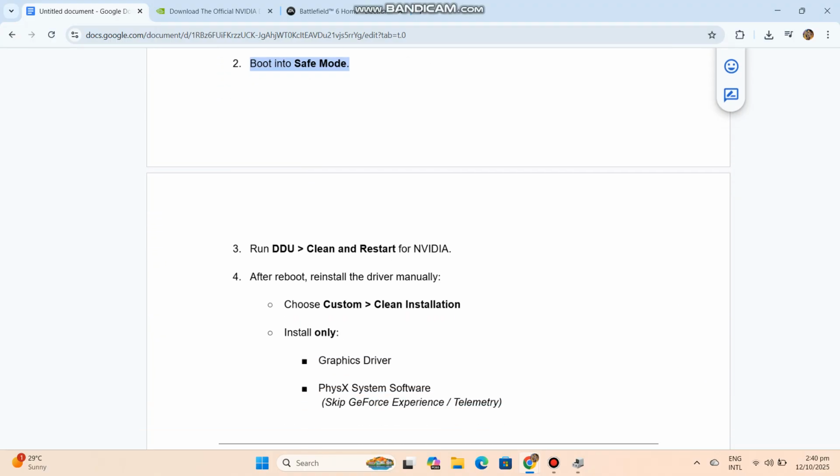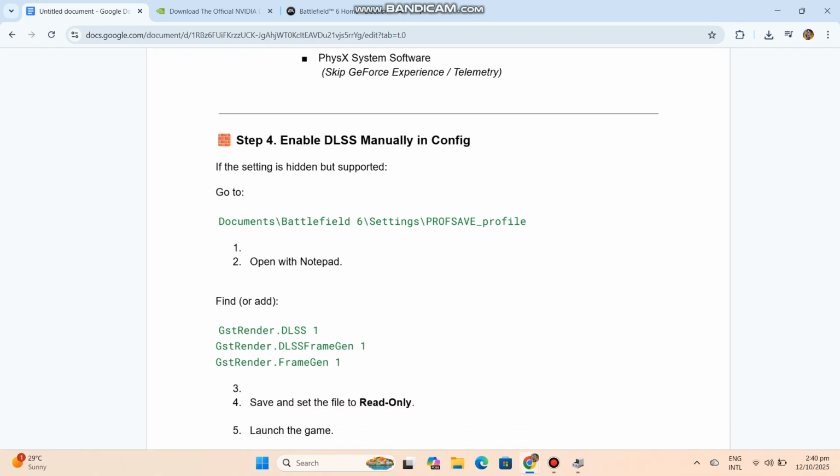Choose custom clean installation. Install only the graphics driver and PhysX system software. Skip GeForce Experience and telemetry. Step 4. Enable DLSS manually in config. If the setting is hidden but supported: